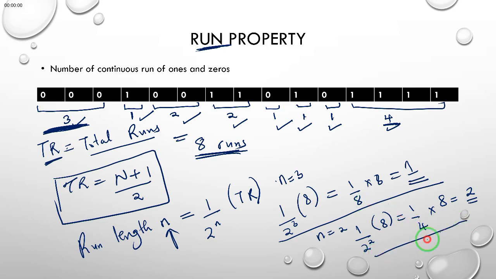And finally, let's finish here. Assume we want to find out how many runs of rank 1 we have, and we just use the same formula. It will be given by 1 over 2 to the power 1 times 8, and this means that the total number of runs of rank 1 is 8 divided by 2, that is 4. So if we count the runs of rank 1, it is 1, 2, 3, 4, and